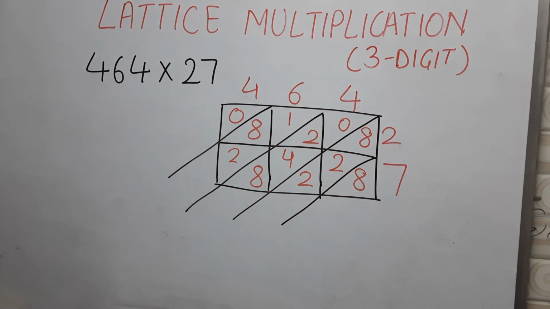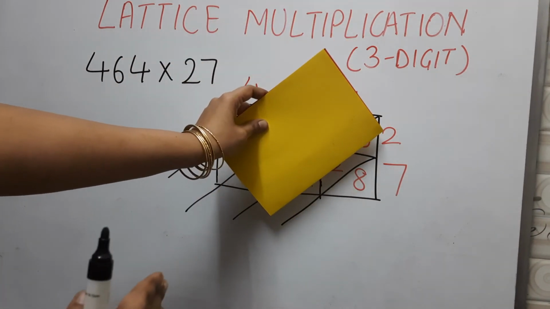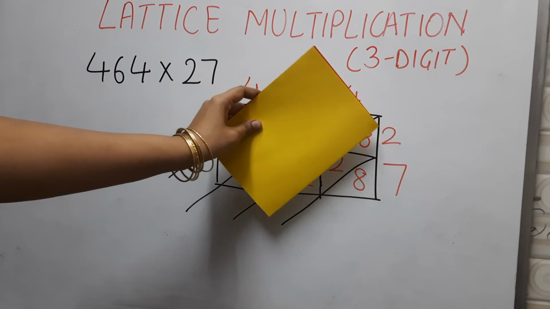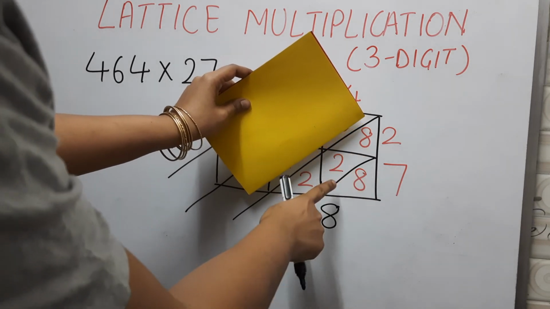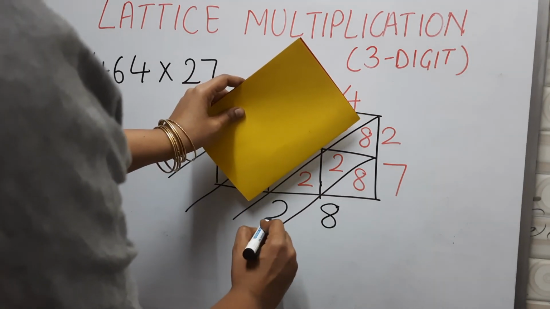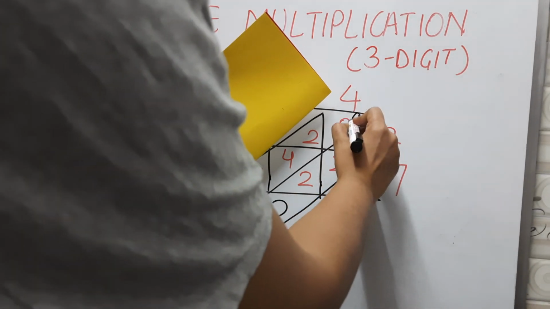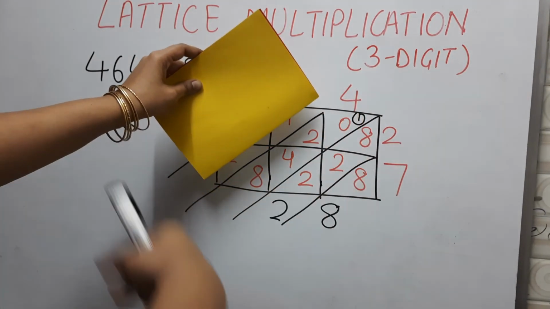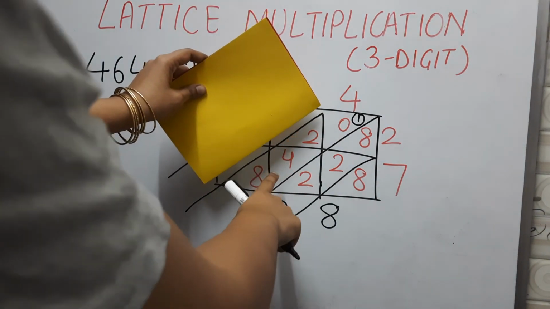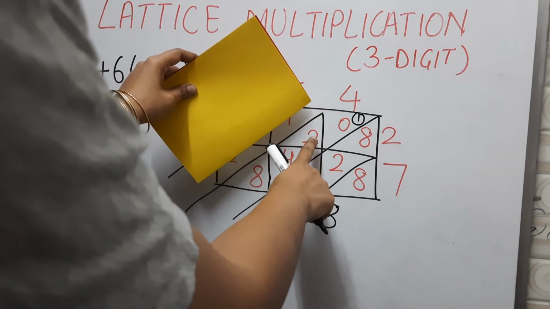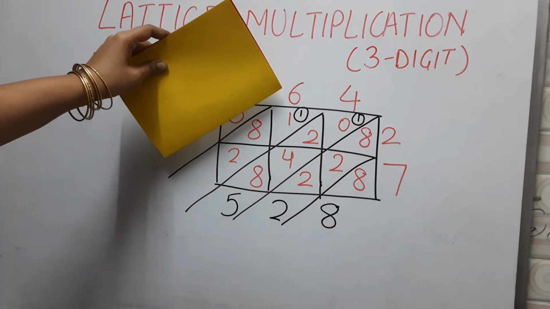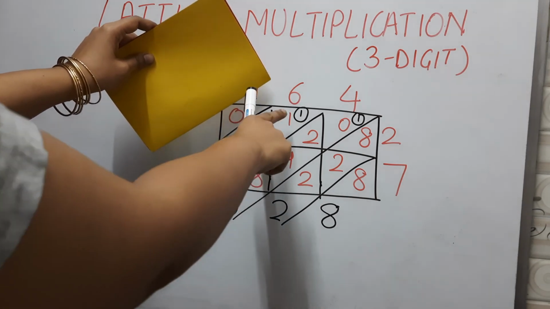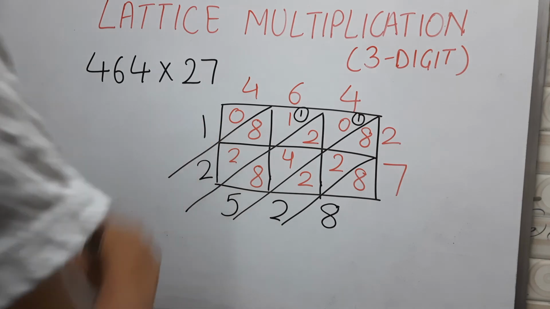Now it is time for me to add. For addition again, I will just use a sheet of paper so that it is clearly visible to you which digits we add. So here I have only 8, so I will write 8. Here I have 8, 2 and 2, so it is 12. So 2 over here, 1 carry over. Even if you don't write it, it's good to keep it in mind. So 8 plus 4 is 12, 12 plus 2 is 14, 14 plus 1 is 15. 1 carry over. Now here I have 8 plus 2, 10, 11 and 12 and 1.